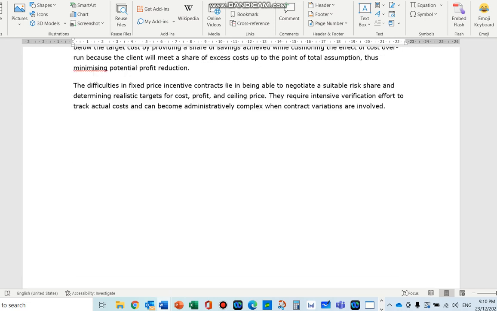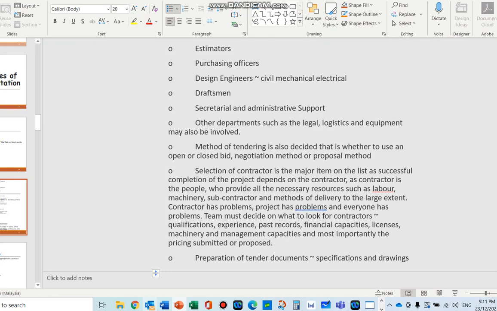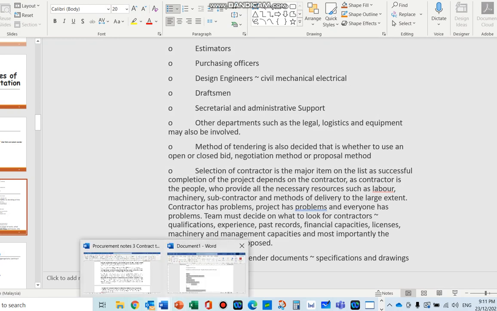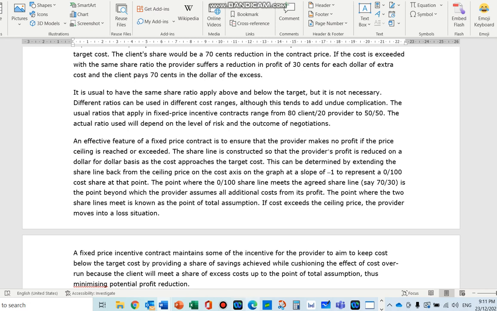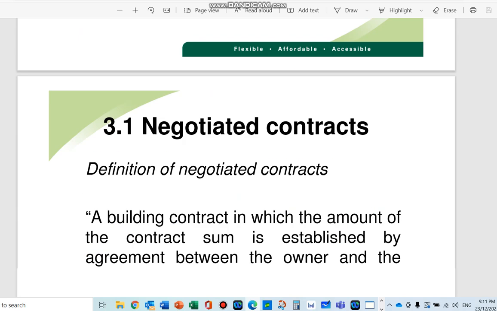And yeah, if we talk about cost plus incentive, I have another set of notes. Oh, wait a minute, this is the wrong file. Okay, where is it? Oh yeah, here. Okay, so I will